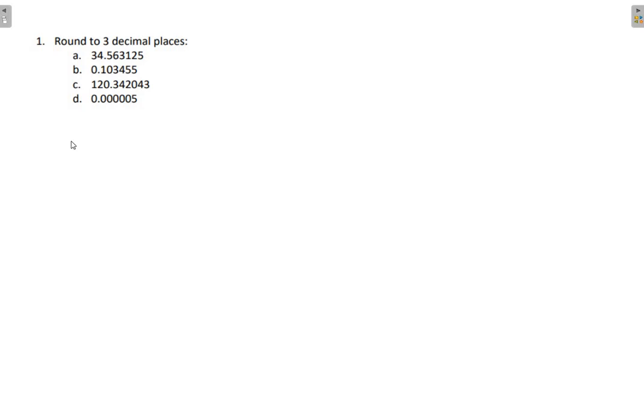Well, first exercise we have to round to three decimal places. So we have to find the third decimal place: 1, 2, 3. So you have to round number 3. Since the number to the right of the 3 is a 1, you won't increase 3 by one unit. So this will be